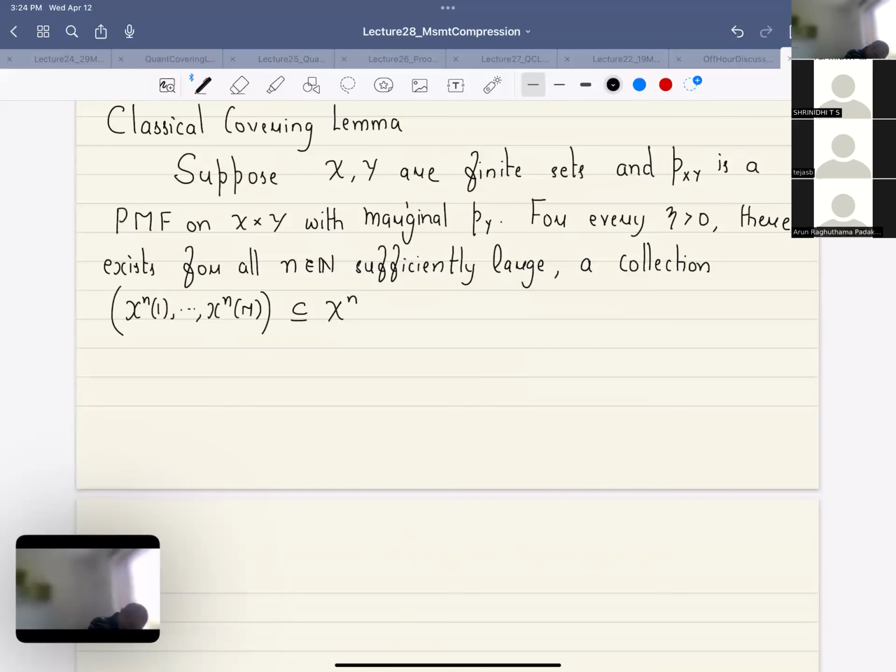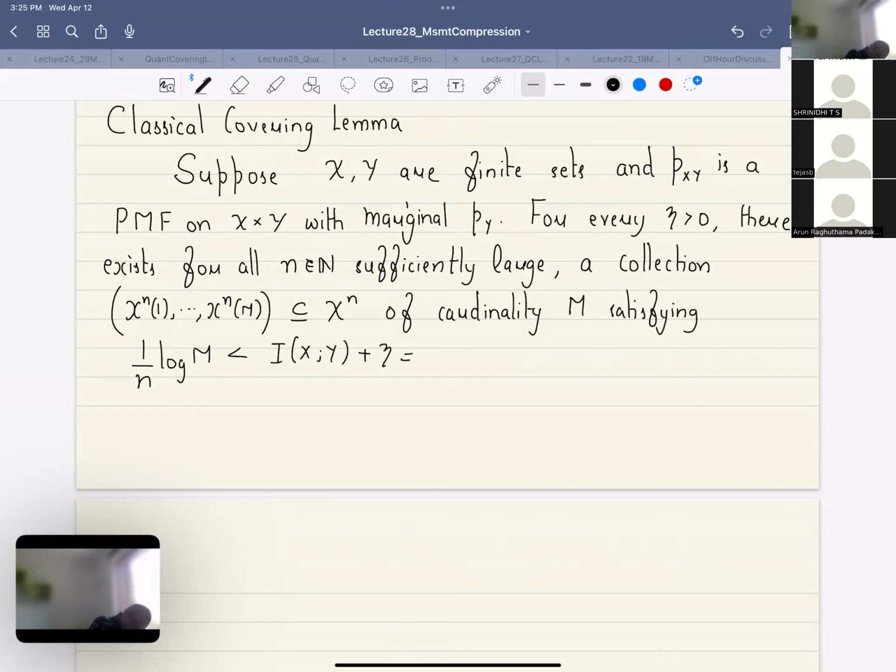A collection of cardinality at most M satisfying 1/n log M is less than or equal to I(X;Y) plus eta, that is essentially H(Y) minus H(Y|X) plus eta, such that